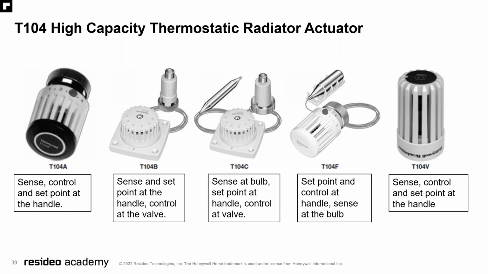The biggest thing that we tell people in the field, because we do get the call fairly often on the tech team, is: if I've got one of your radiator valves, I don't know which one it is, I don't know which head I need to get. The way we tell everyone is that the standard bodies have 30mm collars and the high capacity bodies have 40mm collars. So if you can at least tell us the size of the collar, we can help start pointing you in the right family direction. And from there, you can make a decision that best fits your customer.